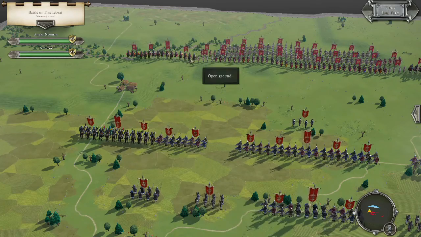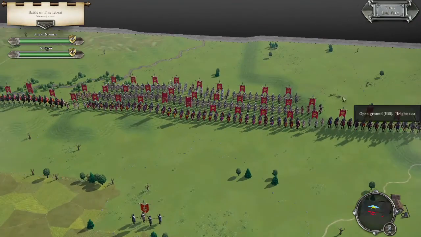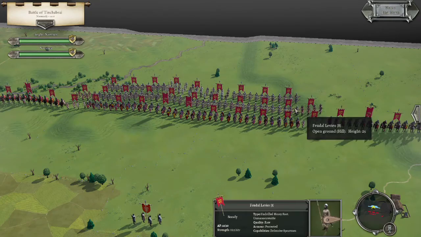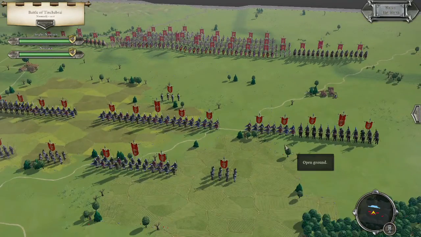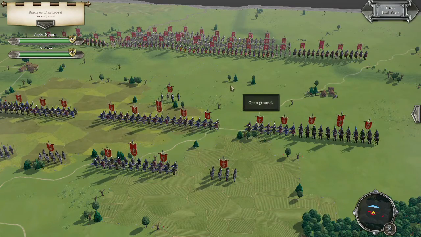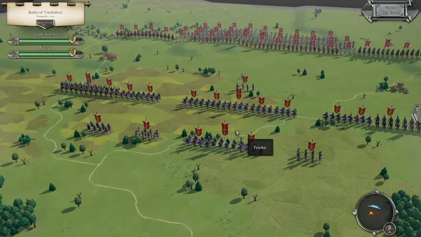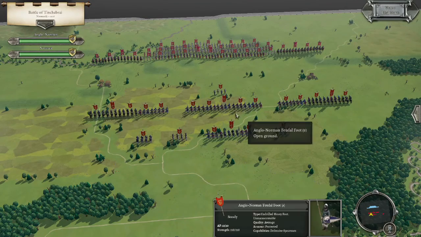We are outnumbered in cavalry on the wings. Remember, we were the ones in the last game, the Normans, where the Anglo-Normans had the disadvantage in cavalry. So our infantry is terrible, our cavalry is outnumbered, and everything looks set up for us to get beaten down. Now the only way I can see to try and salvage this situation